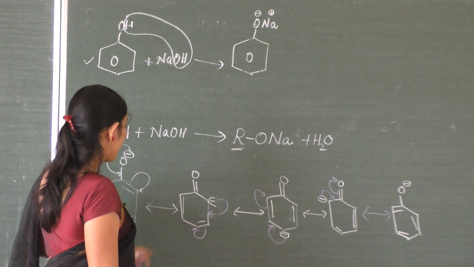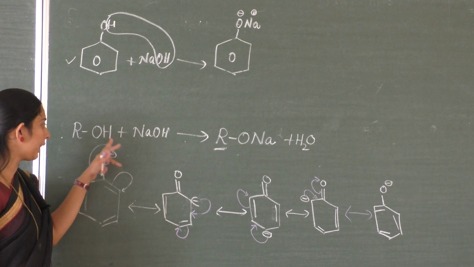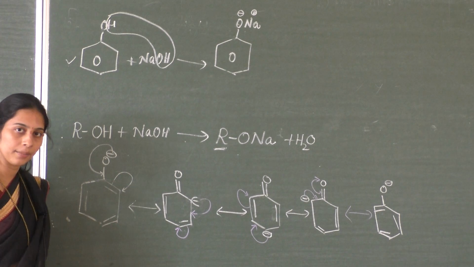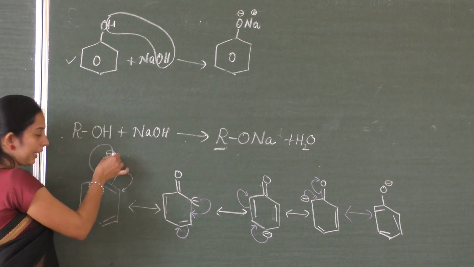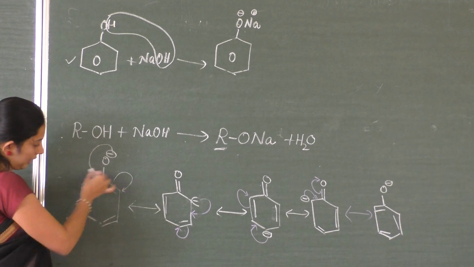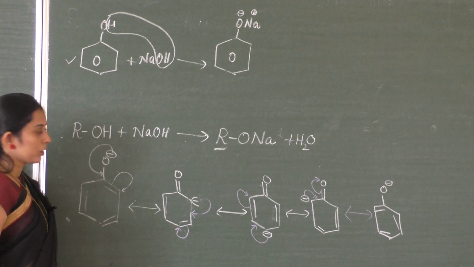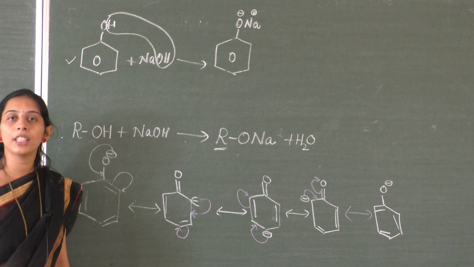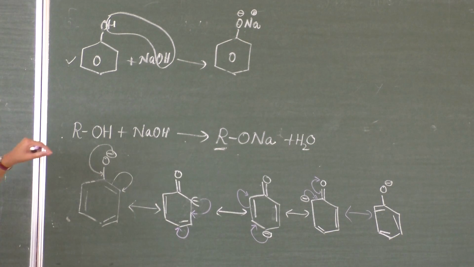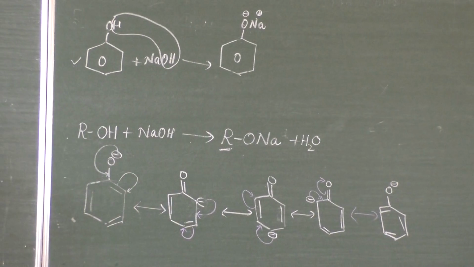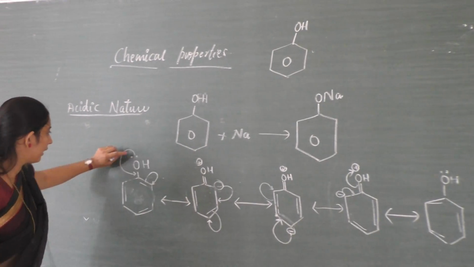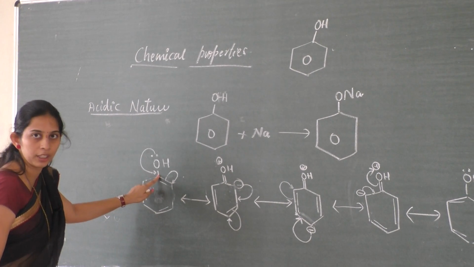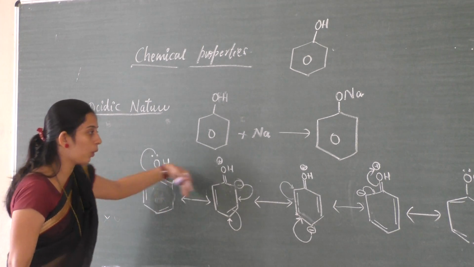So here we can observe that the already present negative charge will delocalize in the benzene ring, isn't it? Already present negative charge will delocalize in the benzene ring. So here this is the already present one, whereas if you compare with phenol, we generated a negative charge by donating its lone pair of electrons. See, here there is a lone pair of electrons. We shifted it to the next position, so that bond is shifted. You know how to write a resonance.